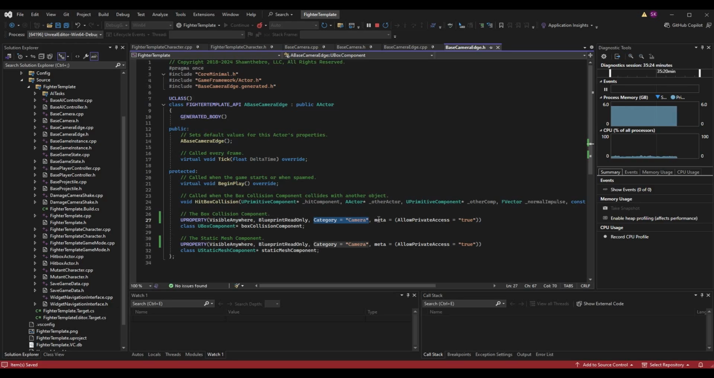Category can be camera, or you could make it camera edge, whatever. And then meta equals allow private access equals true. This is good because when we're in protected or private, we want to be able to use these U properties successfully, and allowing this allow private access equals true section will allow us to do that. So this is a good upgrade from the previous episode, and there's one other thing I want to do here,